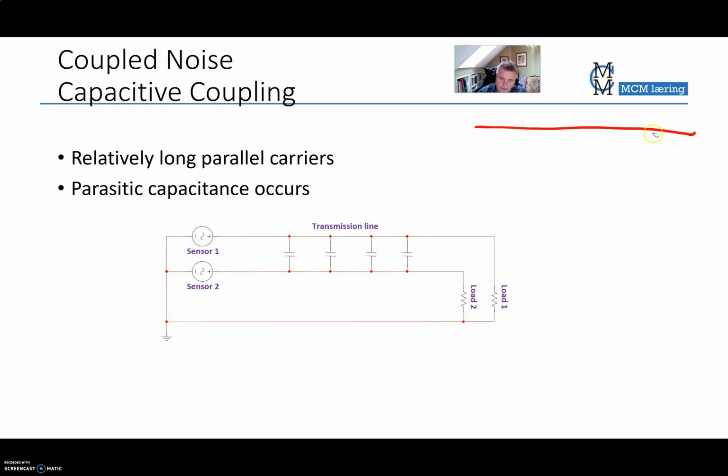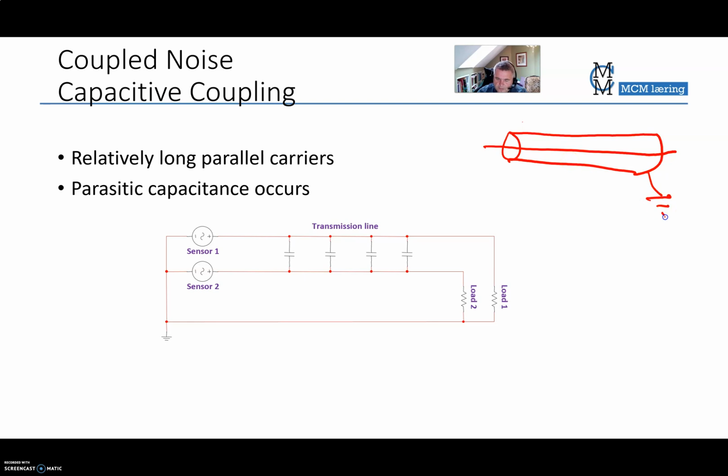Or, if I have one conductor there and a shield around it with, for example, foil, and I ground that shield, then the electrical field from one conductor cannot jump over to another conductor, because the electrical field will go straight to the ground signal instead. So that's why you have shielding around some pairs in